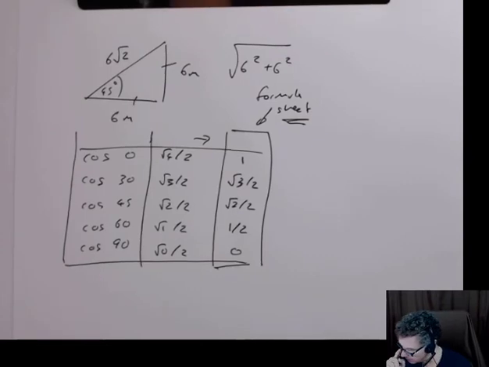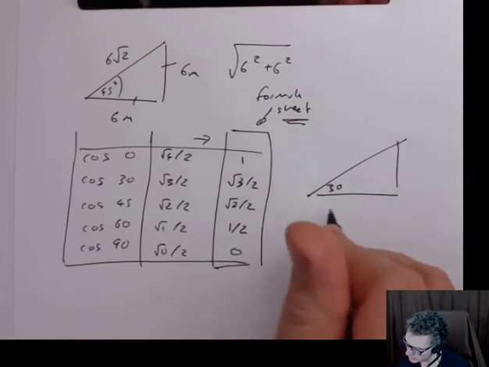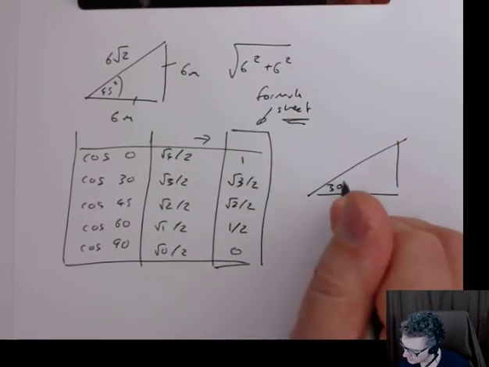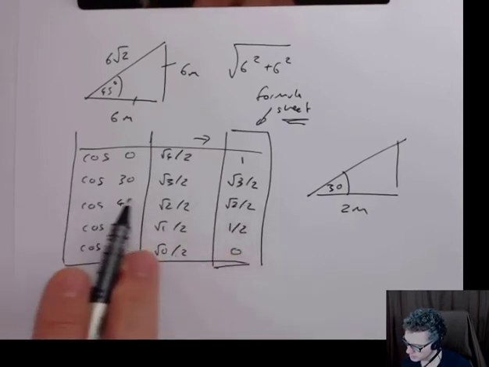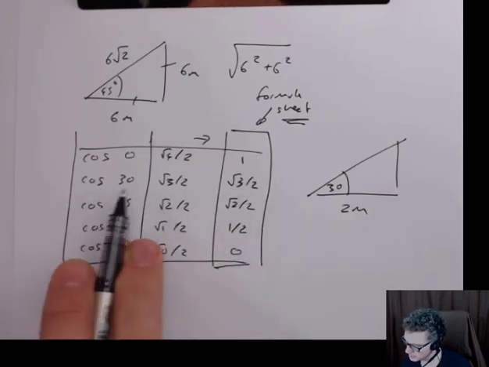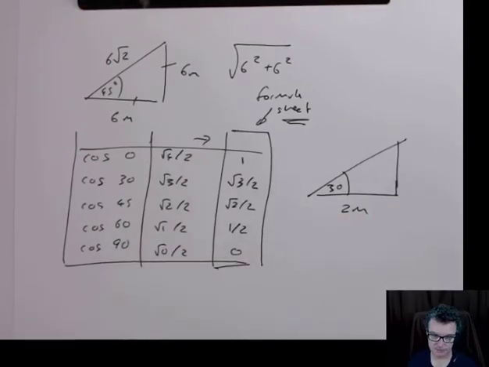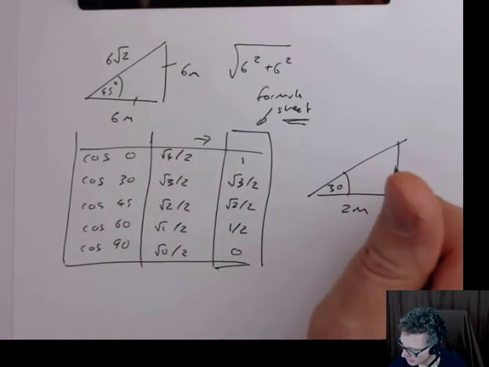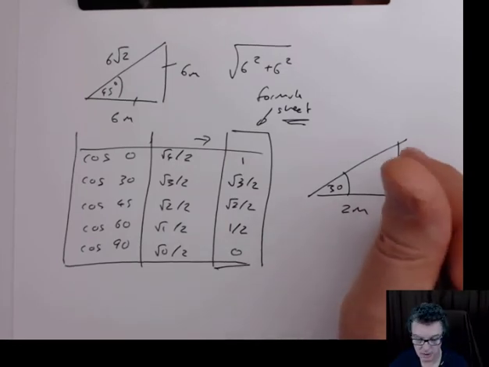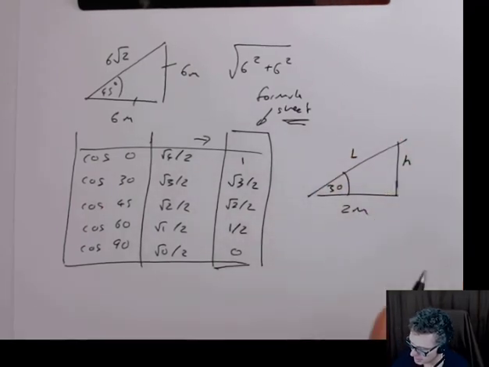So once we've got that table there, let's say we've got a 30-degree triangle there and it's got a length of 2 meters. I could maybe use this table to start working out what other things are. So I could label this up as other lengths. So this could be the height, this could be the length of the bar,